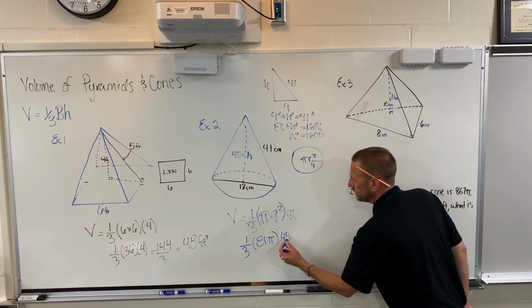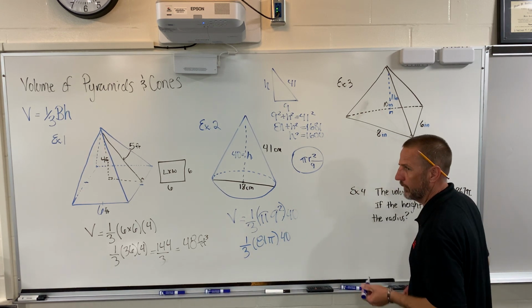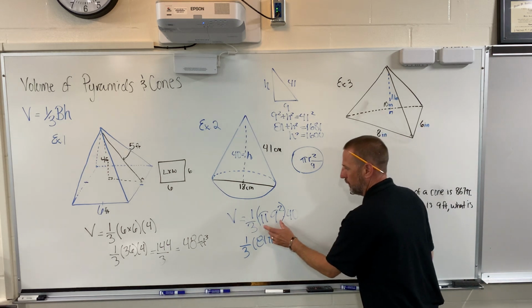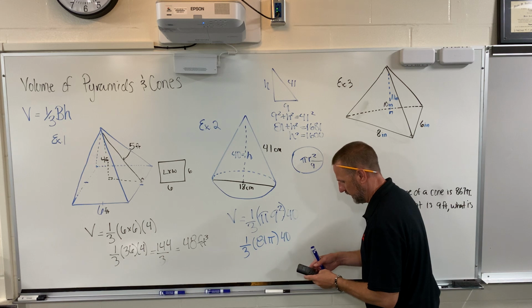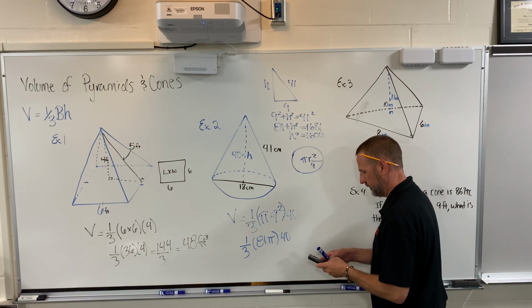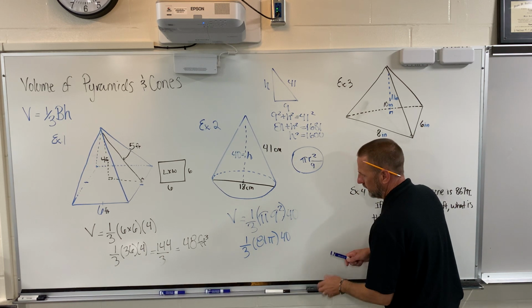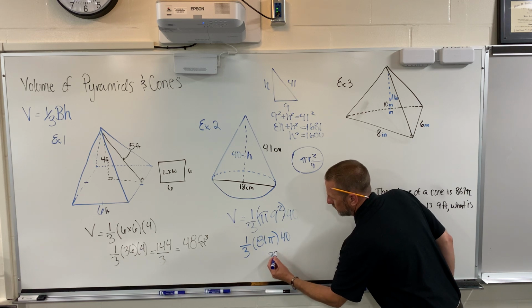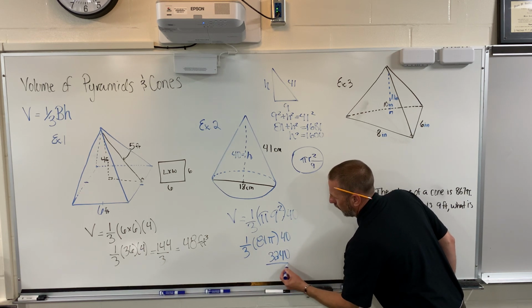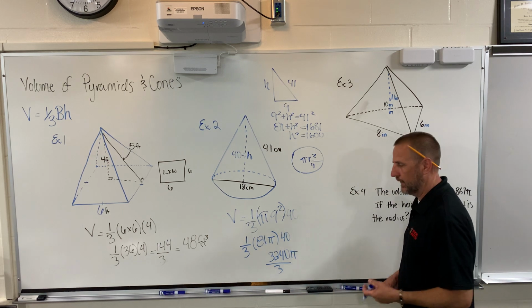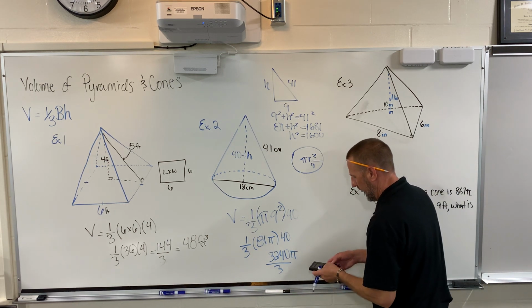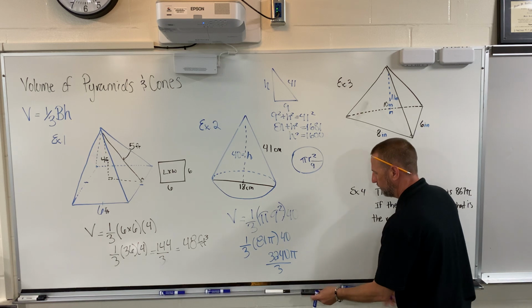times 40. All right, so we're going to multiply now. I did my parentheses, I did my exponents. Now I'm going to do my 81 times 40, and I get 3,240 over 3 with a pi. Well, I've got to divide now. Since 3,240 happens to divide by 3, I get